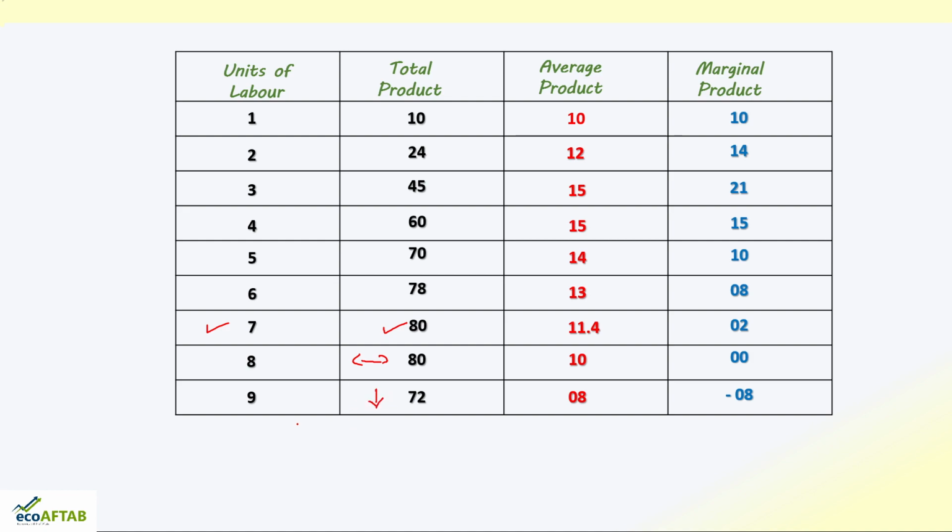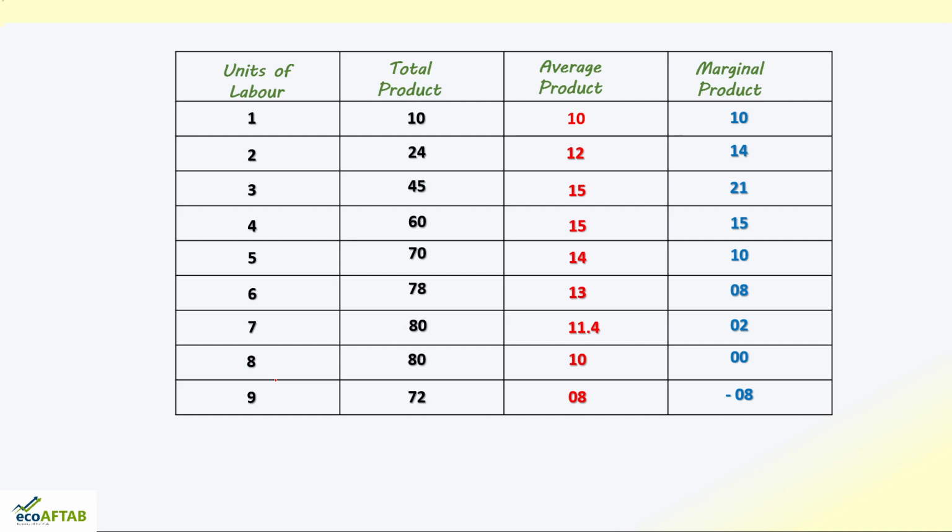So, this is what is happening over here. Why is it happening? You already understood it. As more and more laborers are employed on a given fixed capital asset, initially the productivity of the laborers increases, the marginal labor increases. After a particular point, the machine becomes fully equipped, fully utilized, and the marginal productivity goes on diminishing.